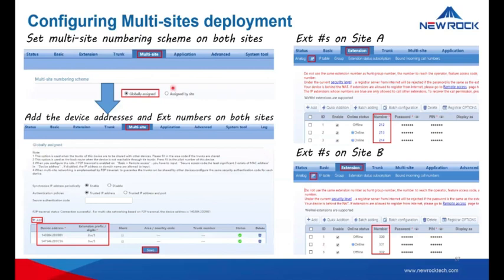So now, how to configure multi-site deployment. Go to multi-site, globally assigned, then input. Here I'm using the P2P NAT traversal function. You can also input the IP address, then the extension number on your OM. For example, OMA uses 200 or prefix 2, then on the OMB, the prefix starts with 3. Here, /3xx/3 means the number of digits for the extension. So this is site A, site B. Make sure that those numbers do not coincide with the other site.